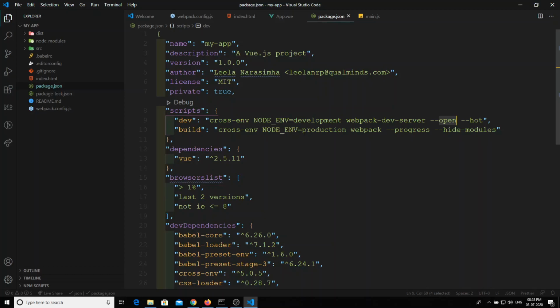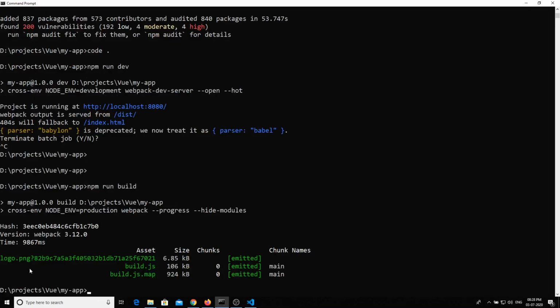Here, instead of launching the webpack server, it just takes webpack and compiles everything, shows progress, and hides the modules so only the percentage is visible. All the files are compiled and build.js is created.